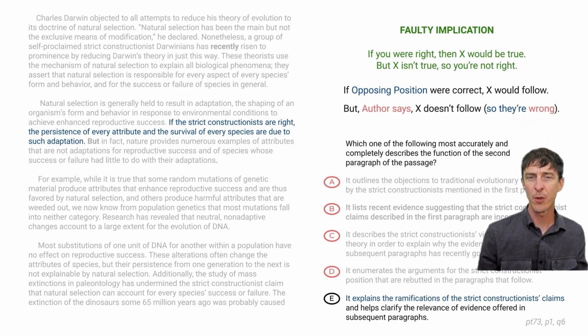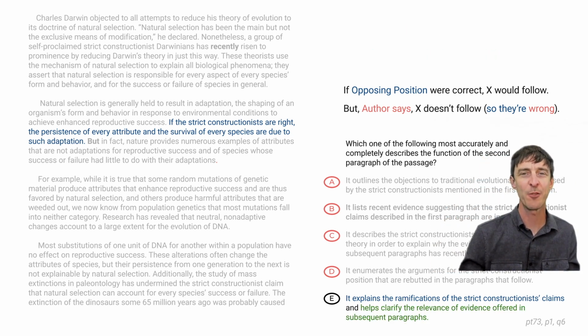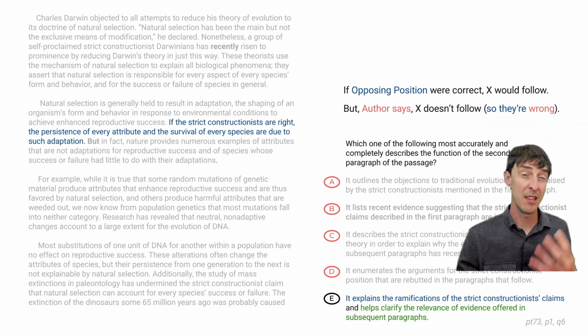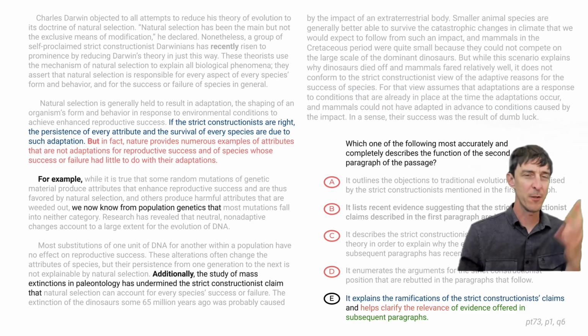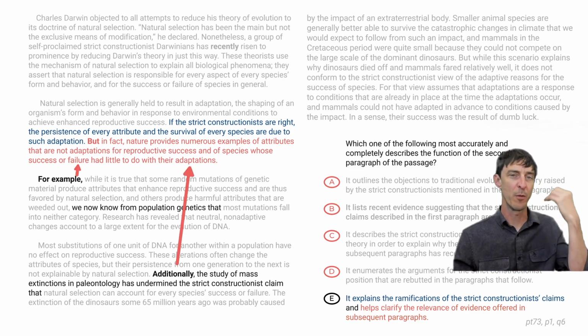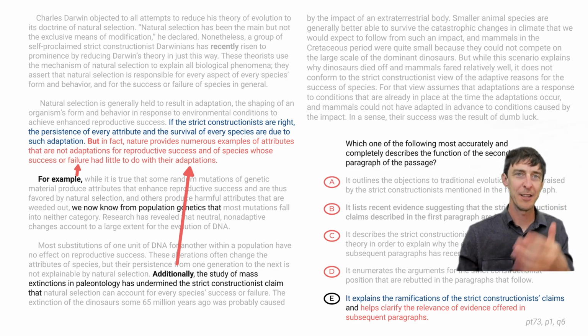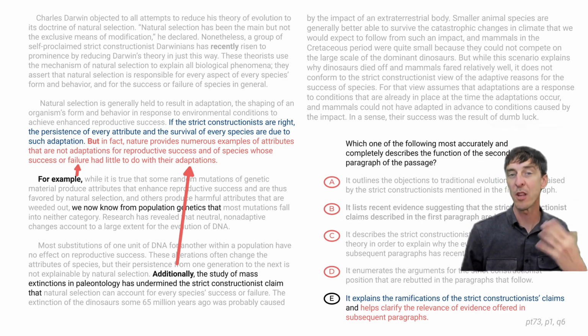So we can go along with the first half of E. It does mention the ramification. That would mean that every attribute and the survival of every species would be caused by natural selection. What we would love to hear on the back end of E is, and then the author says, but that ain't true. But instead we get, it helps to explain the relevance of the evidence offered elsewhere. Clarifying the relevance, I guess, means that like the thesis sentence at the end of paragraph 2, this for example and additionally are tying back to that last sentence. The author is rebutting the strict constructionists, and the evidence in following paragraphs is relevant to that claim because it's sort of supporting those 2 points.